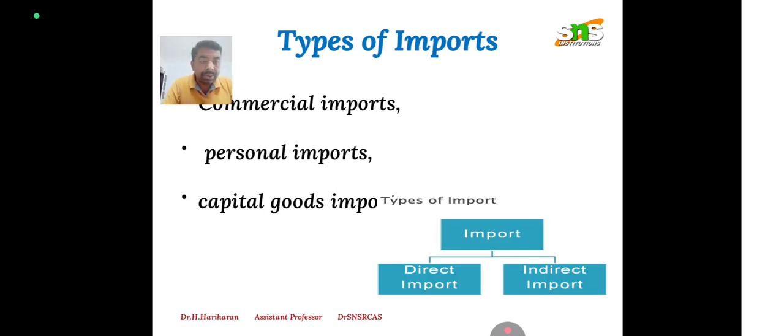Types of import. We can say it is a direct import or indirect import. But according to the point, commercial import, personal import, and capital goods import are there. What do we mean by capital goods import? We import machineries from another country and install them in our country, and with the help of that imported machinery we produce the product and export it. These types of imported machineries are called